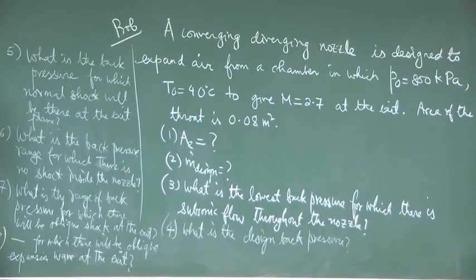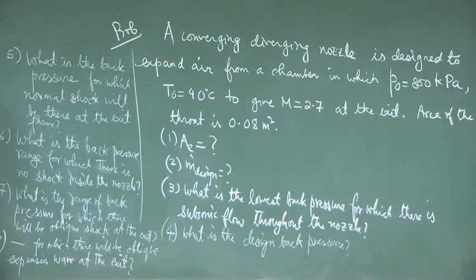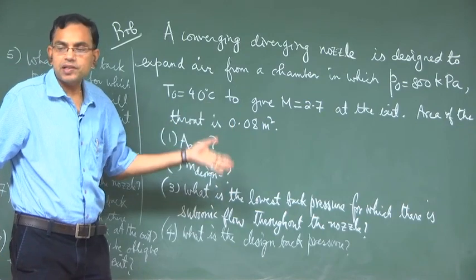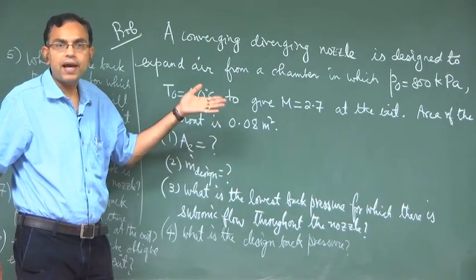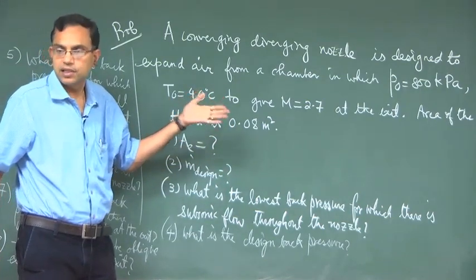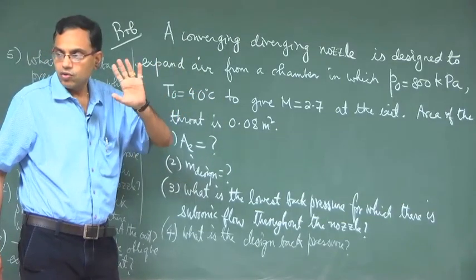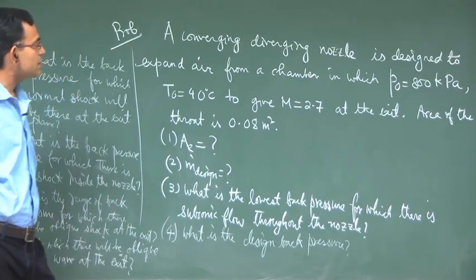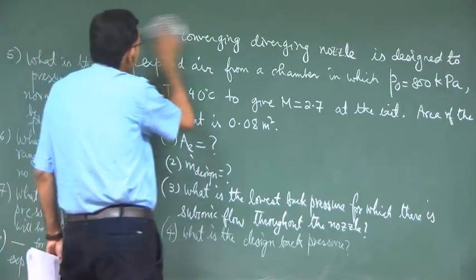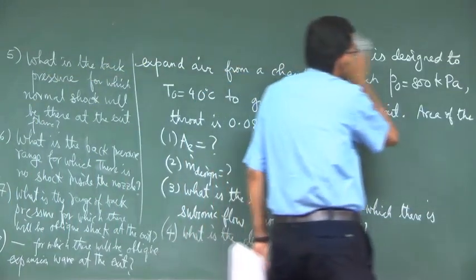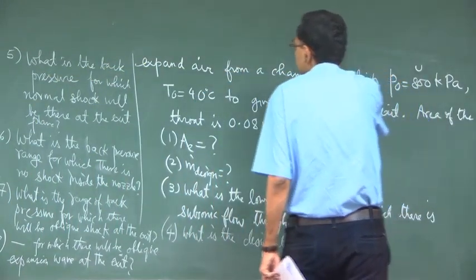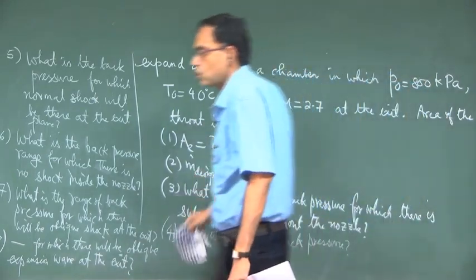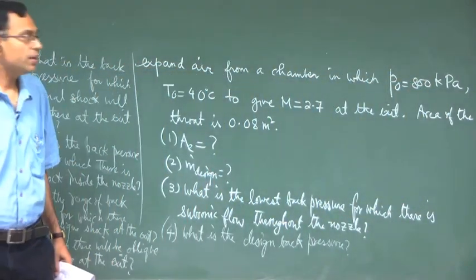Okay. So, this is a very comprehensive problem. It deals with different back pressure conditions for which different Mach number conditions occur at the exit. That is the whole essence of this problem. So, let me make a schematic of this problem and then I will erase most of the parts. I hope you have copied the problem by that time and then we will solve the problem one part after the other.